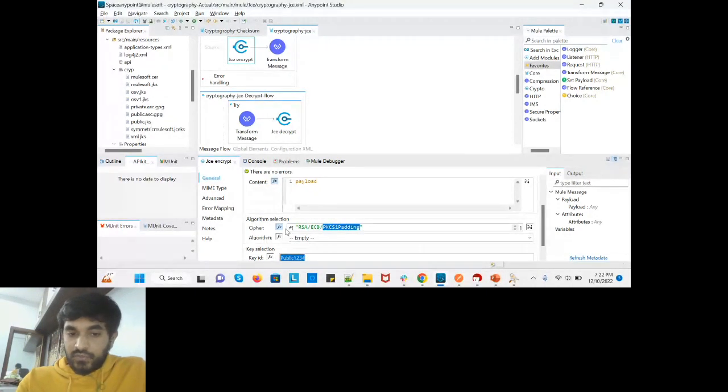So here these two things are mutually exclusive. You need to pass either the algorithm or a combination of algorithm with padding. You cannot send both at a time, because either you need padding in combination with the algorithm, or